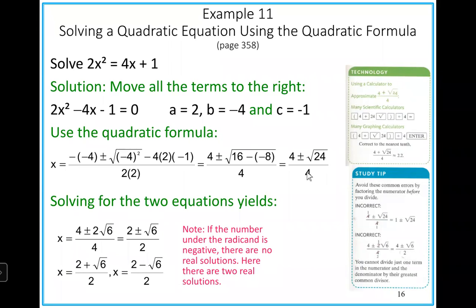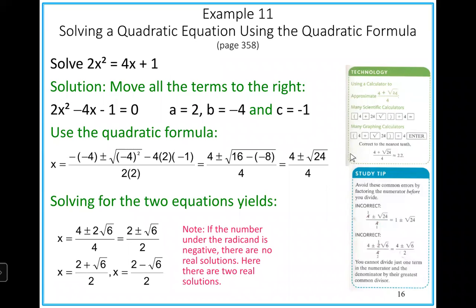I see what they did here. I'm trying to figure out how they jump from 24. Okay, so the perfect squares we have